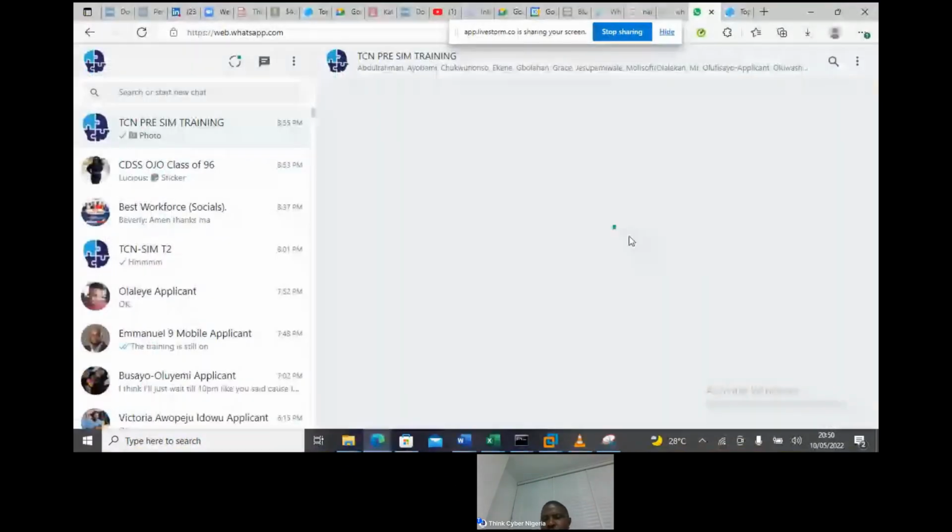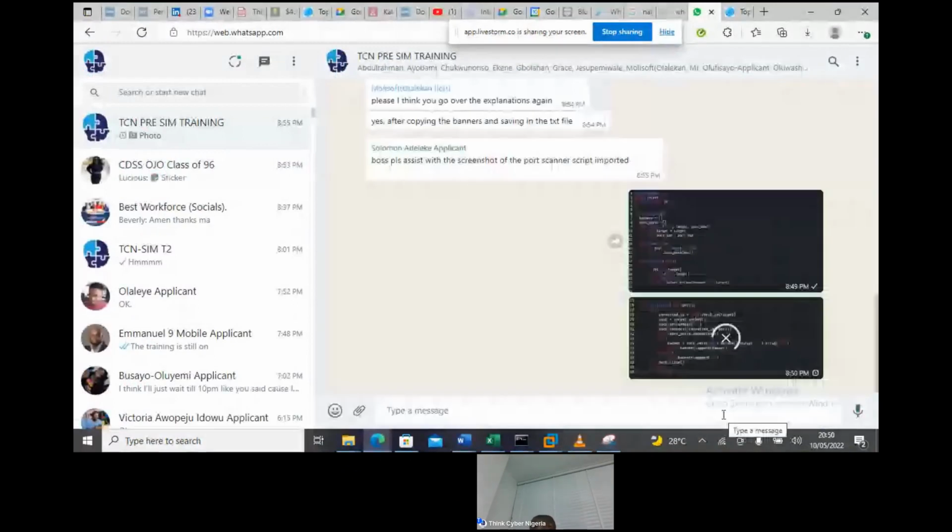So that's the script. If you have not written it, please confirm if you have written this script, because that is what you import. Now, Mr. Olalekan Ilori, don't confuse yourself. Generating those txt files is something you have done before. All you need to do is go back to the port scanner you wrote, not this one. Use that scanner to scan different websites. As they generate the banner, copy the banner and put it in a txt file. That txt file is what you input in that place for txt. I don't know if that explanation is clear. So don't confuse yourself.